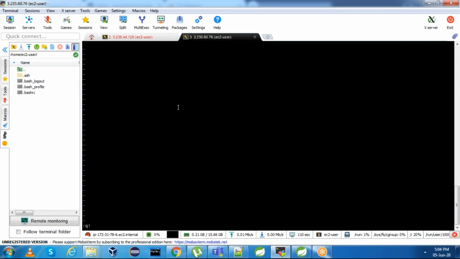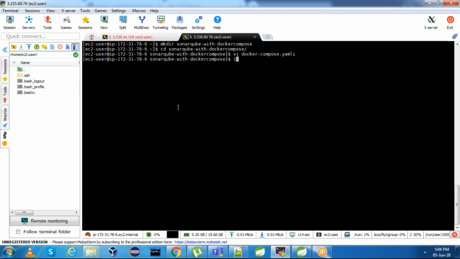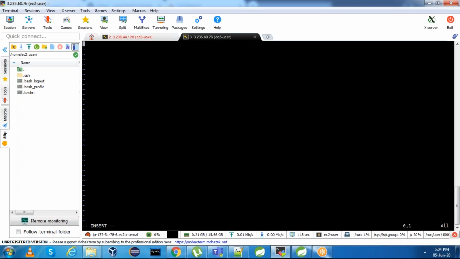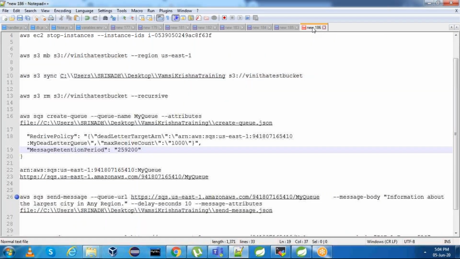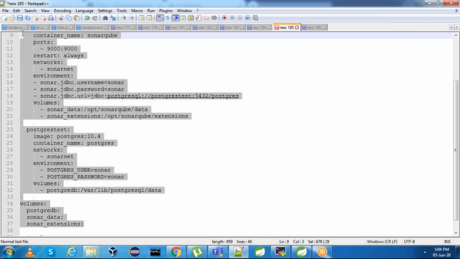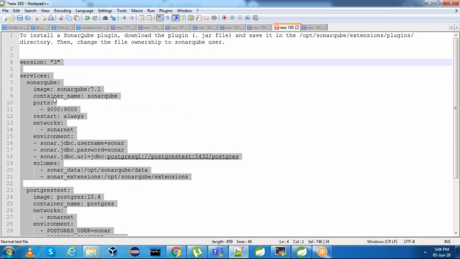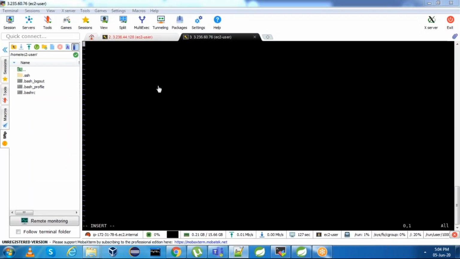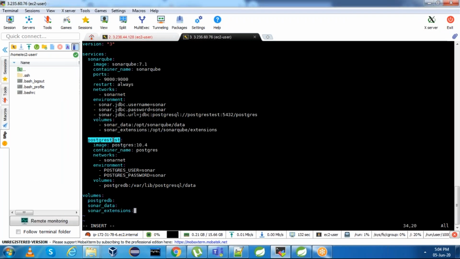Sorry, this is not the one. Docker Compose YAML file. Paste the YAML file here. This YAML is nothing but yet another markup language. Paste the content here. If you see I'm using Postgres test, that is the reason I mentioned the host name as Postgres test. If you change one thing, you need to change here as well.